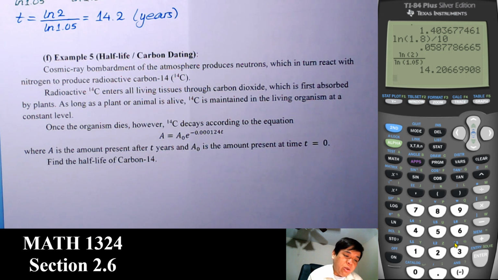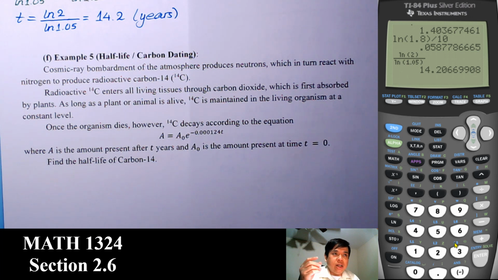Carbon-14 is radioactive. Pretty much all living things have carbon in them, and all living things will have carbon-14 in them. The difference between regular carbon and carbon-14 is that it is radioactive. So all the carbon-14 in our body, over time, changes back to nitrogen,